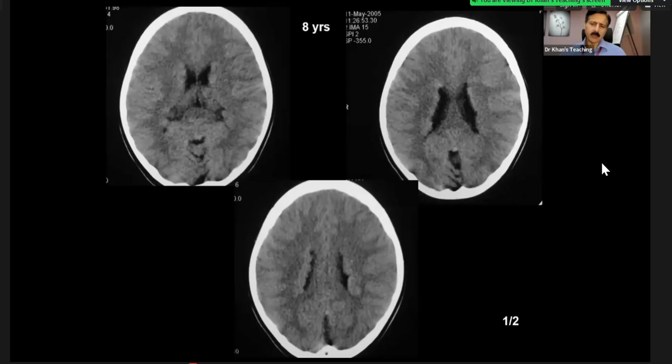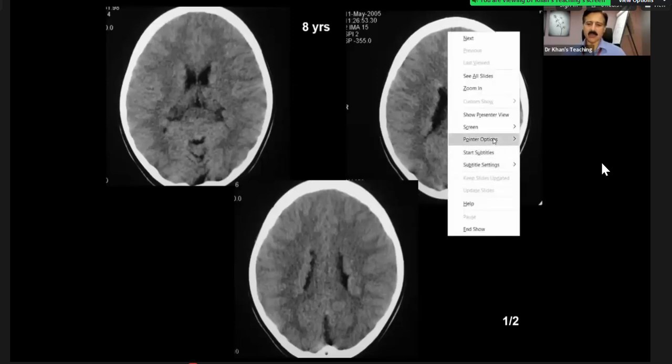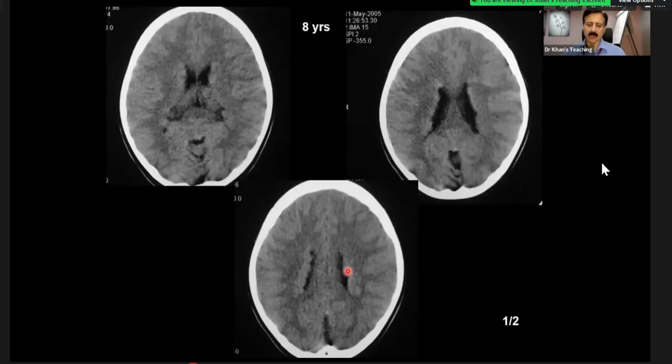Very well done. But please remember what will happen in the exam. This is the last site you are going to see and you are going to panic. You are going up and down and you are not going to pick it up. This is a classical case where, as I say, the eye sees what the mind knows. You have to train your mind to look at this region. And this is subependymal heterotopia. So the concept is that subependymal heterotopia